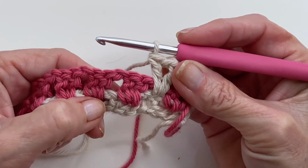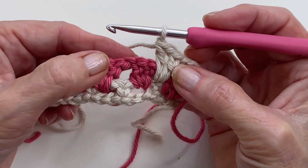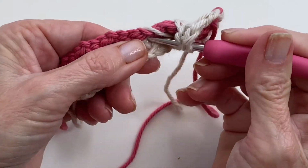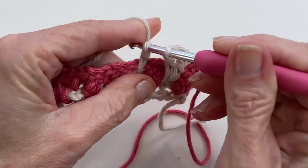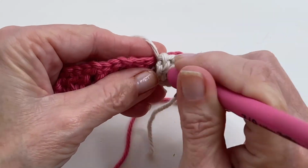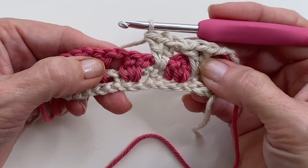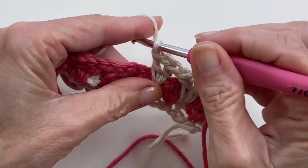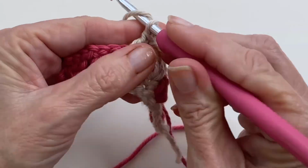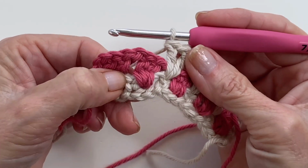Now we're just going to repeat this all the way across. We're going to go right across and do this again. If you find it's working too tightly, by all means add a chain 1 in between these, but you might not need it. And I'm just doing another V stitch. That's a double crochet, chain 1, double crochet, all in the same stitch. Continuing on, V stitch, one more,